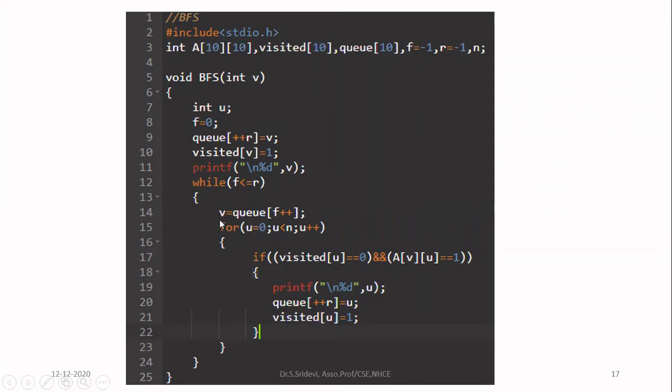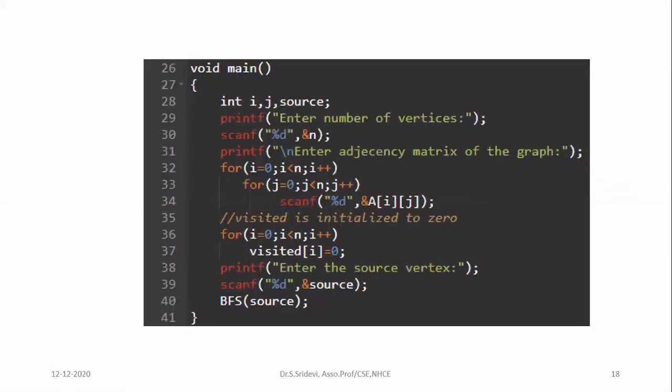You have to repeat the same step for all the neighbors of v because it is breadth first search. Breadth first search means you will take one node, you will check for all the neighbors. So for that only I have written the for loop. After you finish u is equal to 0, you will go and check for u is equal to 1. That means every node in the graph you are considering one by one. So after you finish this procedure for all the nodes, when you come outside the while loop in line number 24, it means that you have visited all the nodes that are reachable from the given source node. So your job is over. Then this is a program for BFS.